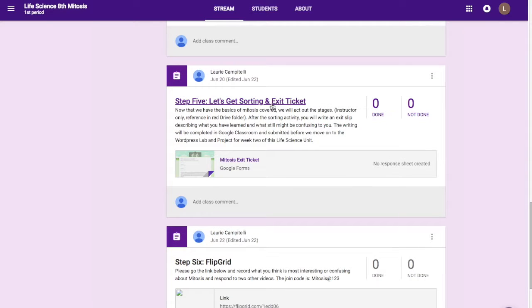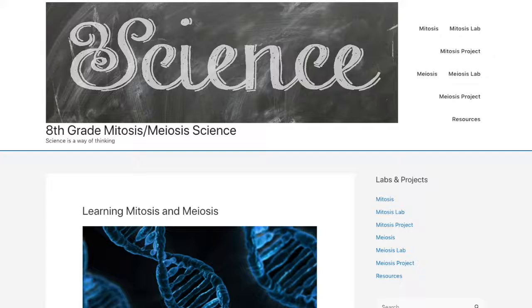The sorting activity is the elaboration of the 5E cycle. When they are sorting, that will be directed by the instructor. The materials of how to sort are within the instructor drive,